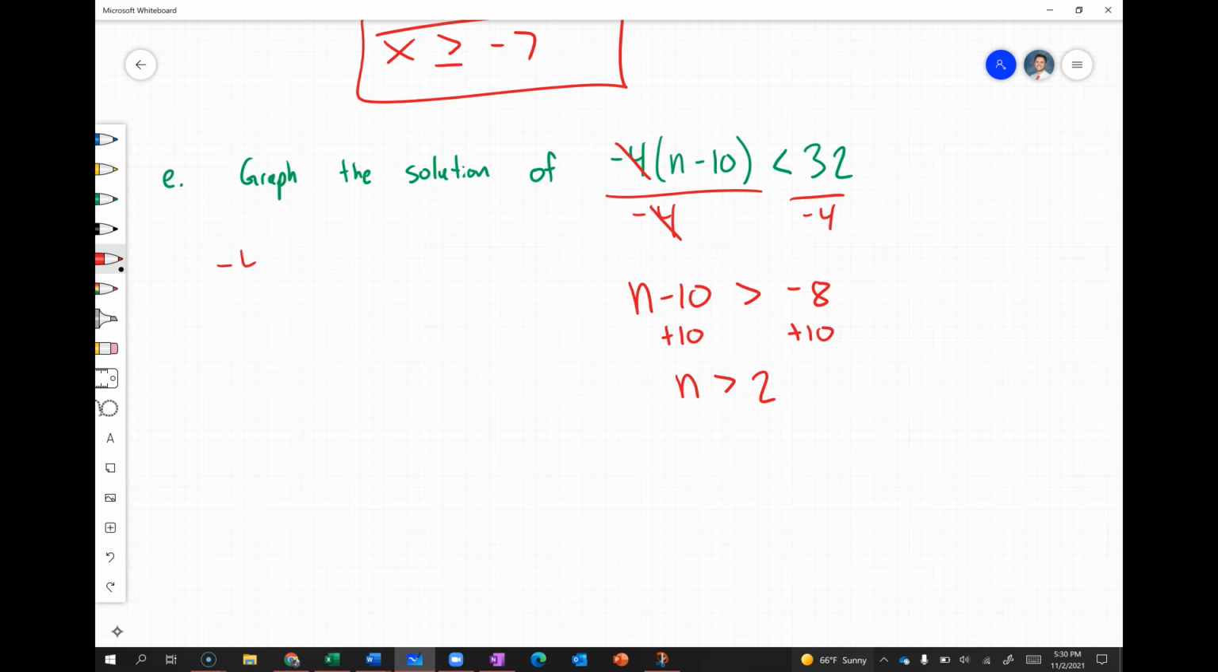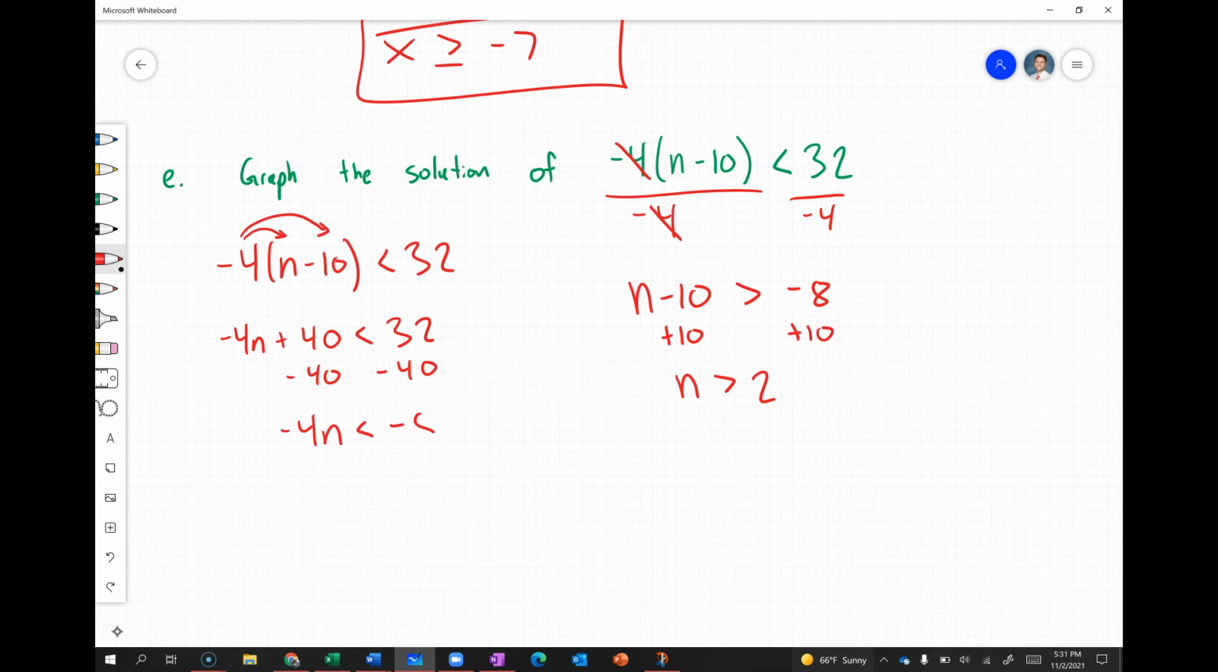Once again, I'll show you we can use the distributive property instead. So in this case, we would multiply -4 times n is -4n, and -4 times -10 is positive 40. So now we have -4n plus 40 is less than 32. So we subtract 40 from both sides, and we get -4n is less than -8. Finally, we would divide both sides by -4, and we get n is greater than